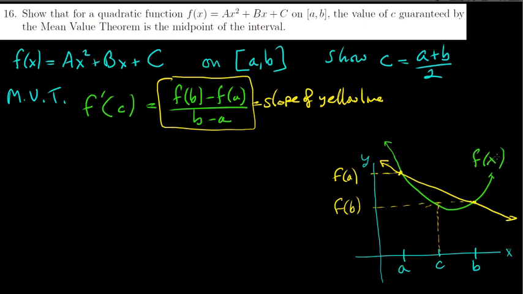That's your f of x. Right, that's your ax squared plus bx plus c. Got it? Okay. So what we want to show is that at this point c here, if we drew the tangent line, that it would have slope f prime of c. So if I draw the tangent line,